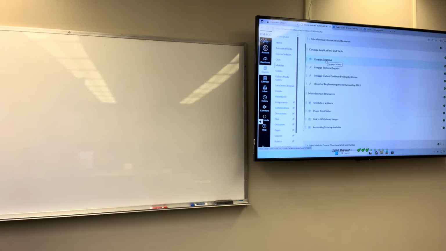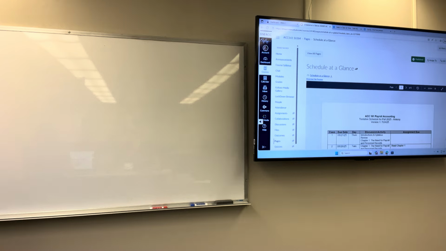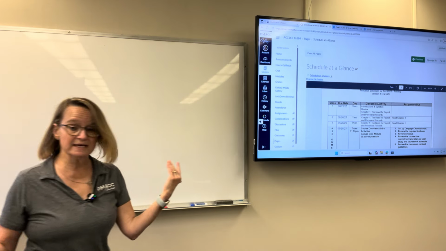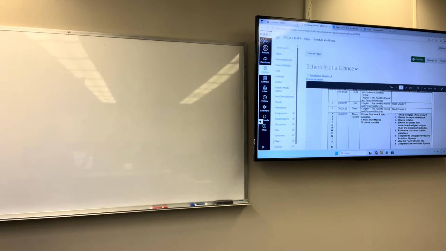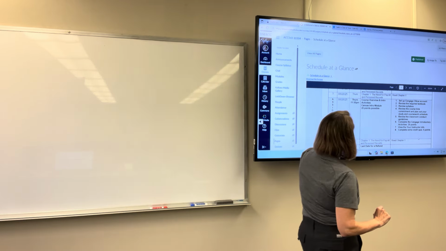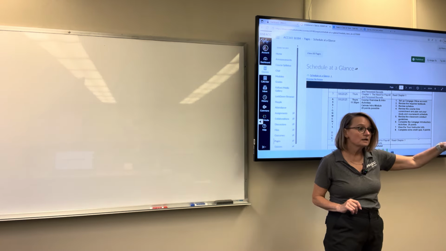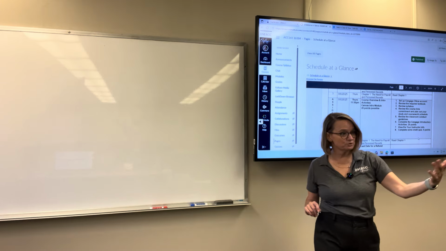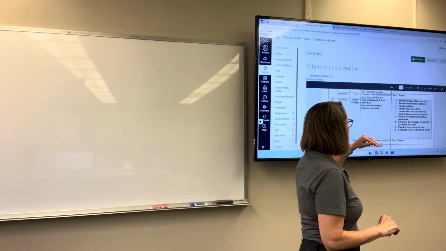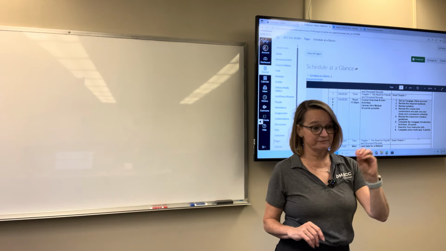So, miscellaneous resources. I have this schedule at a glance, something you can print up if it's helpful to you. What we're doing every day is listed on this schedule. And if there is a due date for something, assignments, I've got it highlighted here. Your very first assignments are going to be due on the 28th, so a week from today. It's your intro assignments. So by next week, you'll have to have all those intro assignments done, which means you'll have to sign up for the textbook and purchase it.